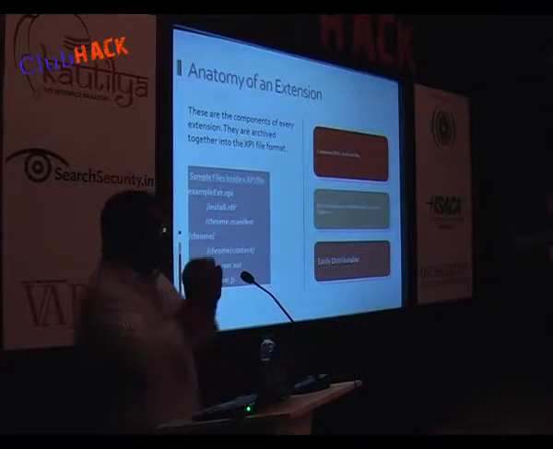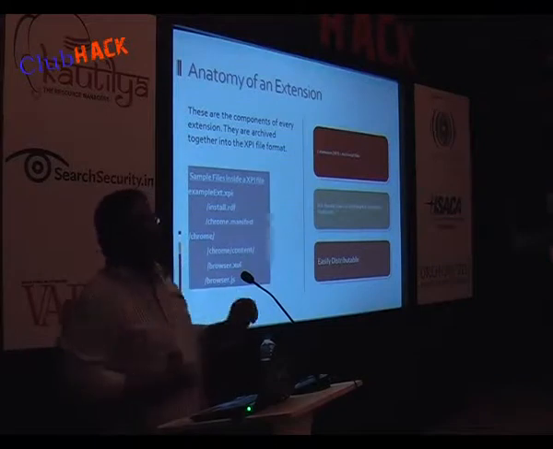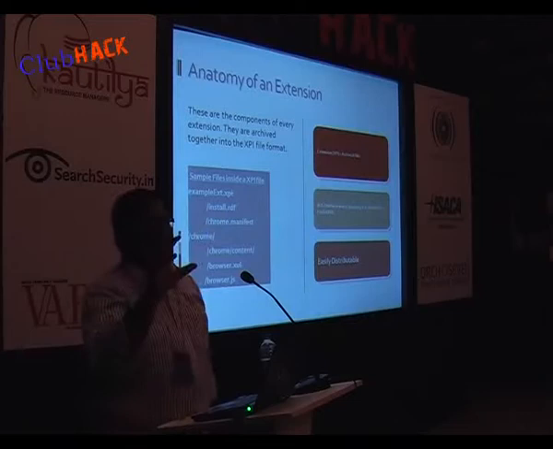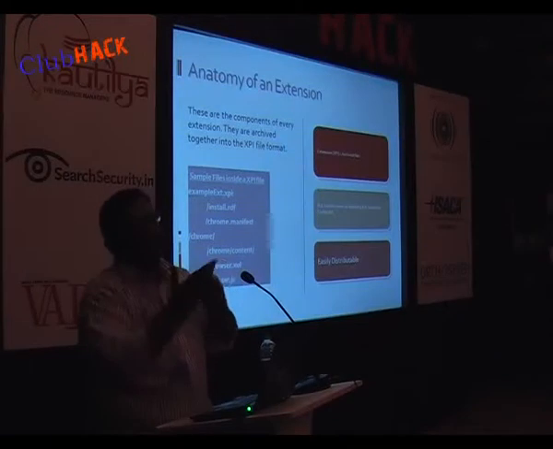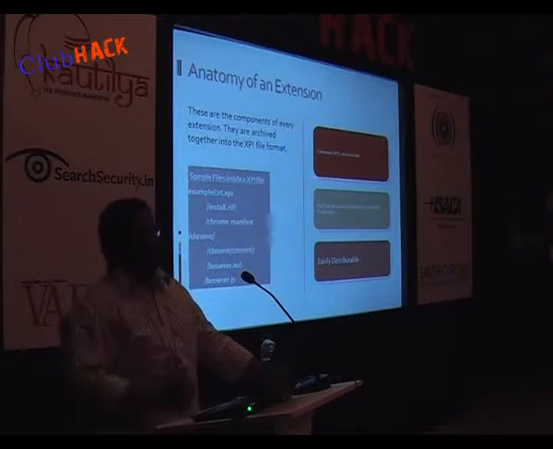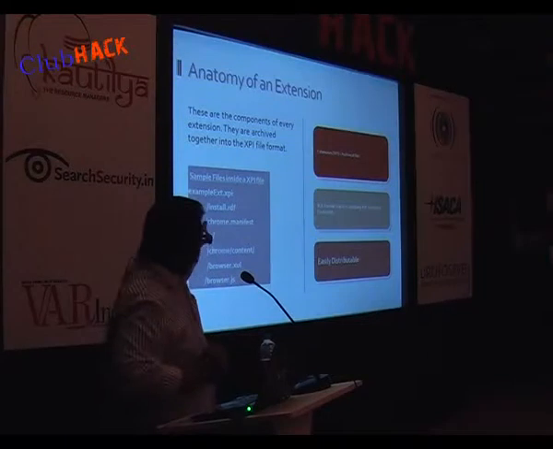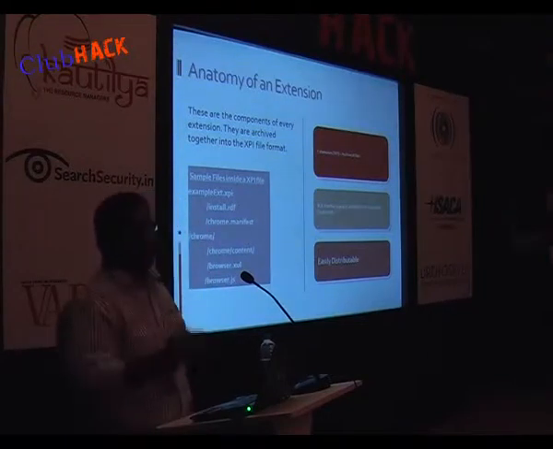No, this is the content of the XPI file itself. So where does the path slash come from? See, like I said, the XPI file is an archive. It's a zipped file. So all these files together, you zip them up and you change the name to XPI, and it will become an extension. So it can be extracted anywhere? Yes, you can extract it and then you have the file structure. This is not in the program files. The program files is pointing only to the install.rdf. It is looking for the install.rdf, that's it.